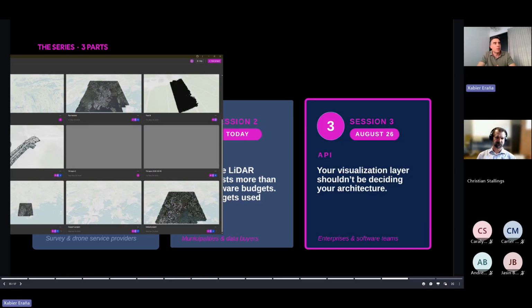The session 3 will be about API, how to make your workflow more automated. Our API is an incredibly powerful way to make a lot of things. And session number 3 is a must see if you are interested in this topic. I also should mention that it is our CTO Yasin Bushnayev who will run these sessions. So it is a great opportunity to also ask far more technical questions that can be related to the API topic.